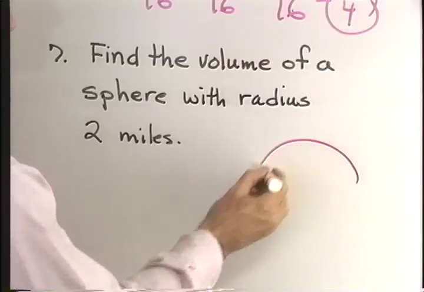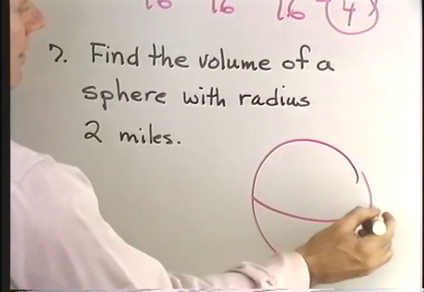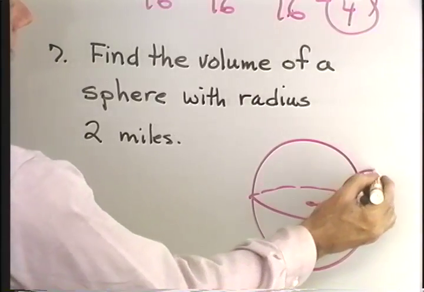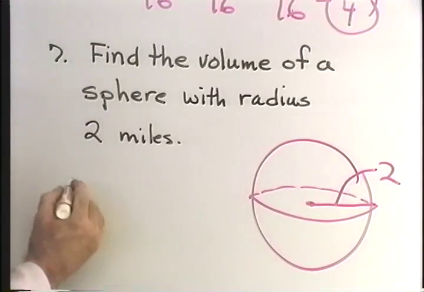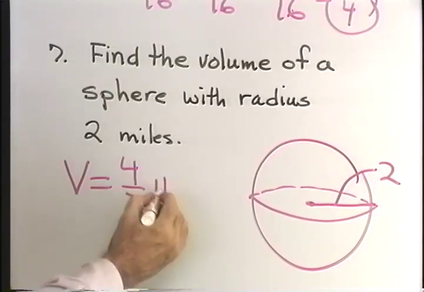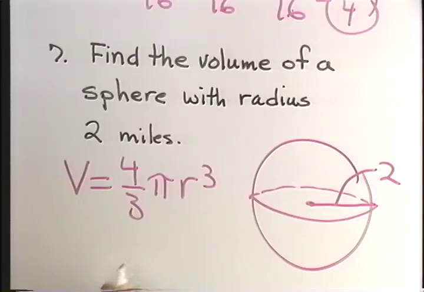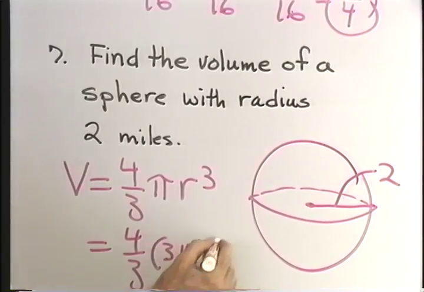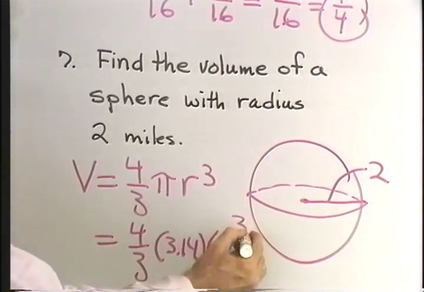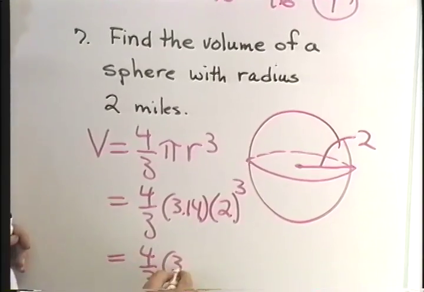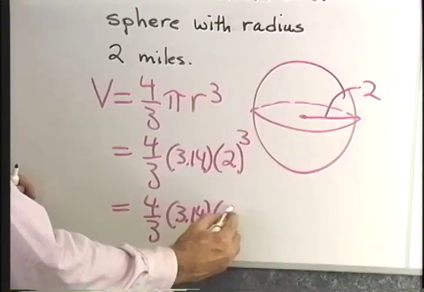So I want the volume of a sphere. Remember, it's a figure that looks like this, like a beach ball or whatever. This has a radius of 2 miles. The formula for the volume of a sphere is V equals 4/3 pi r cubed, and pi is 3.14, so I have 4/3 times 3.14 times 2 cubed. So 4/3 times 3.14 times 8,